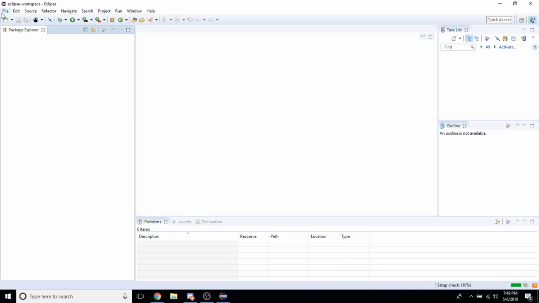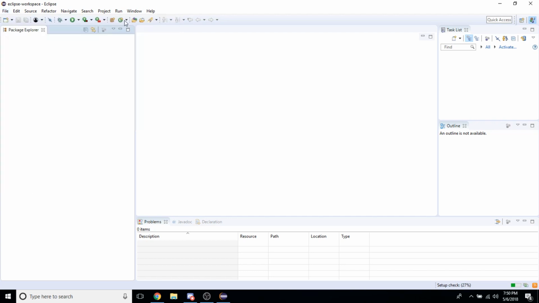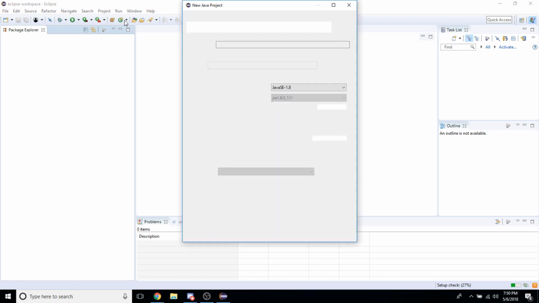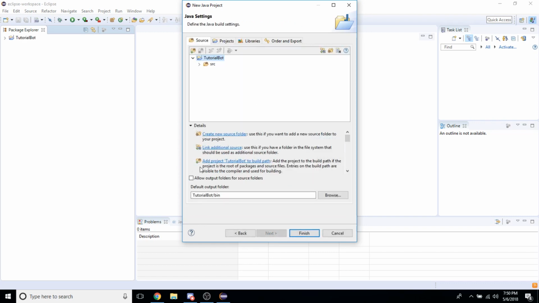And what we need to do now is create a new project. So we're going to go to File, then New, and then Java Project. I'm going to call this project Tutorial Bot. And then make sure you select whichever version of the Java Runtime Environment that you have on your computer. For me, that's 1.8, but it may be different for you. Then we can go ahead and click Next,